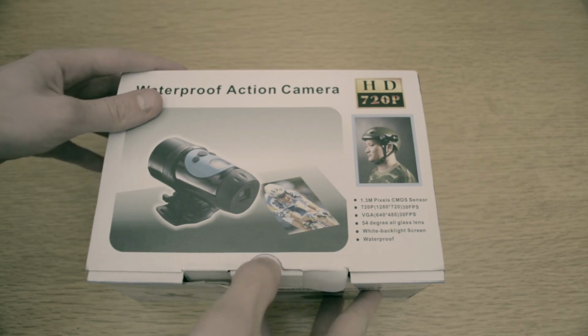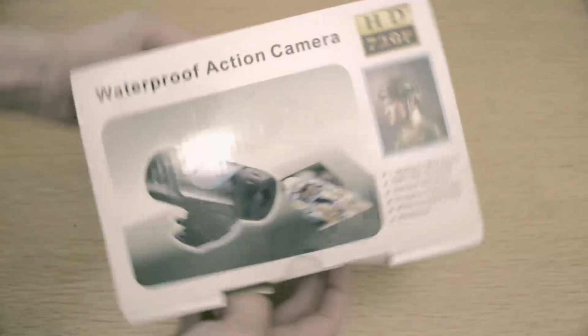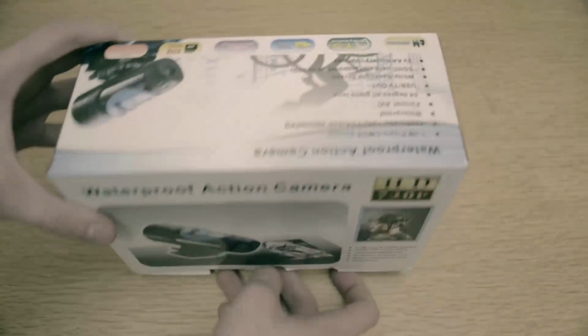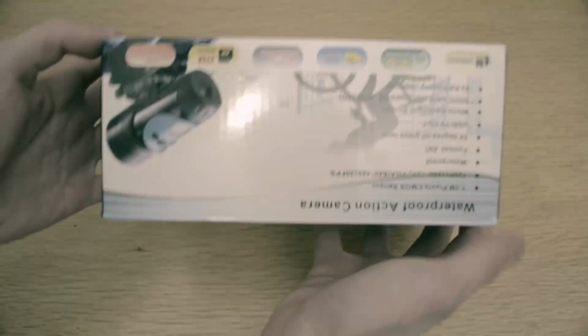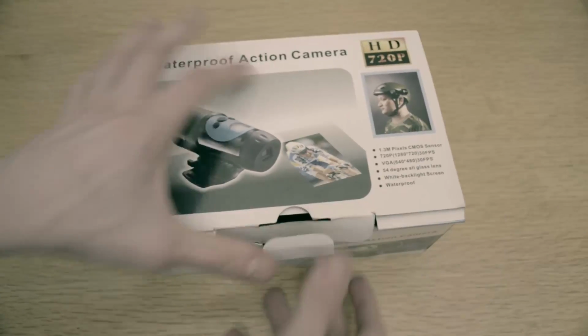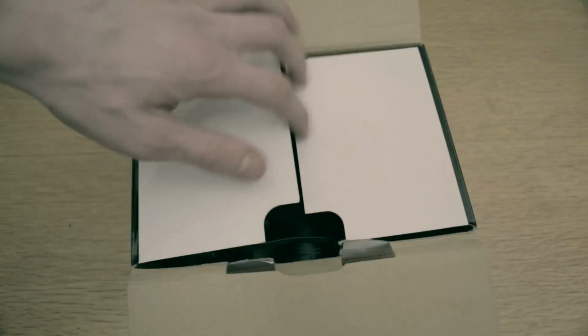I've got a fantastic product here. This was sent in by a viewer who wanted this reviewed. It's a really interesting waterproof action camera. It's like the GoPro, but kind of a cheaper alternative, and I think it'll be quite interesting to see how it'll fare. Now this won't really be much of an unboxing because it has been unboxed before, but just to